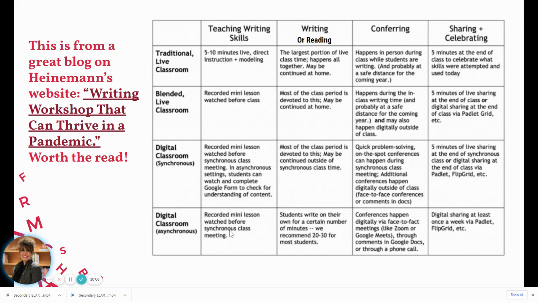This is just a bonus slide. This chart is from this blog from Heinemann. And so I wanted it in there for you. It's great. There's some great ideas in there about writing workshop that can thrive in the pandemic. And I like looking at what to consider in a digital synchronous, asynchronous, and looking through the components of workshop,